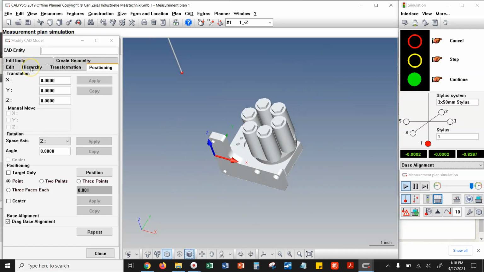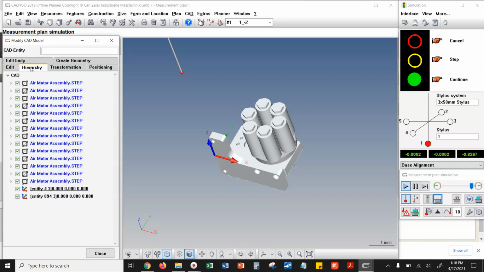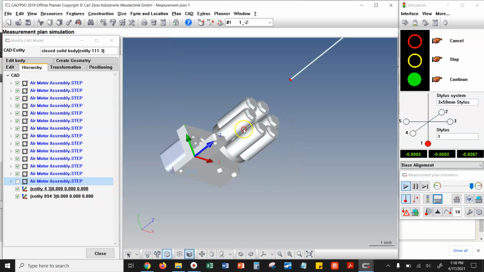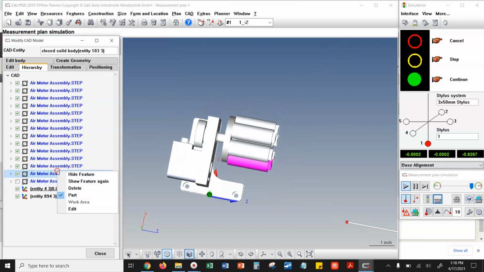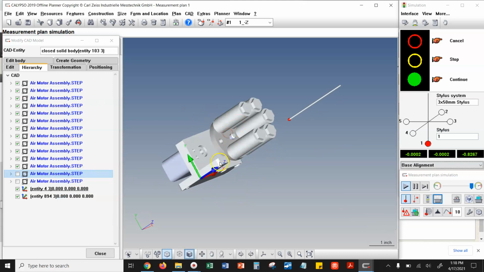First things first, let's pop into the hierarchy window, and let's just notice that we have a whole bunch of different components here. So on any one of these components, you can right click, and you could delete it if you want. You can hide it at the feature level, so I'm not sure what that one is, but let's try hiding some others here. We'll right click on that one and we'll say hide feature, and you can see that you can hide any